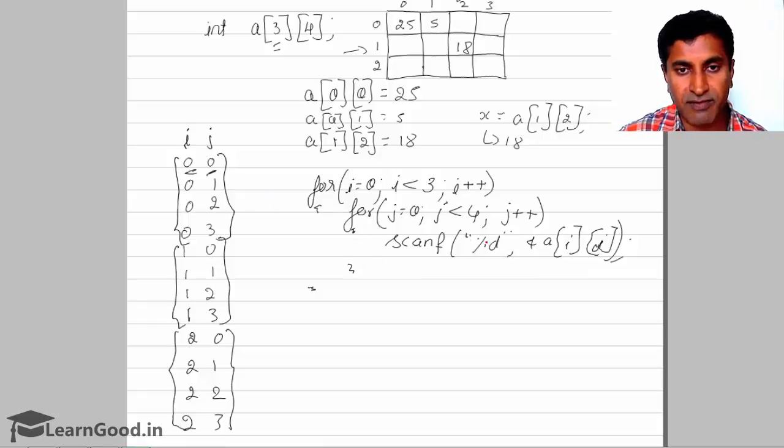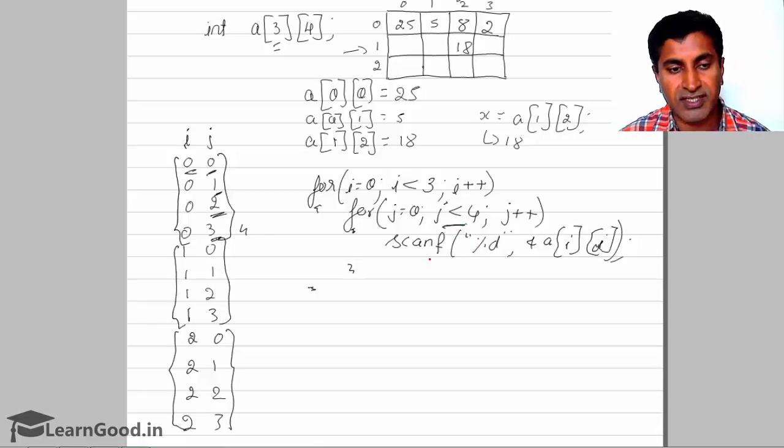Next time it goes back to the inner loop, increments the J value. J value is going to be 1. So 1 is less than 4, true. So A of I comma J, with I value 0, is the 0, 1 value, I'll give it as 5. Then again go back, J plus plus, this time J value is going to be 2, so the 0, 2 value, I'll give it as 8. Then again J plus plus, J is going to be 3, so 3 is less than 4, true, A of 0, 3 value, I'll give it as 2, the 2 has been stored. Then when you go back, J plus plus, J is going to be 4, but 4 is less than 4, the condition is false.